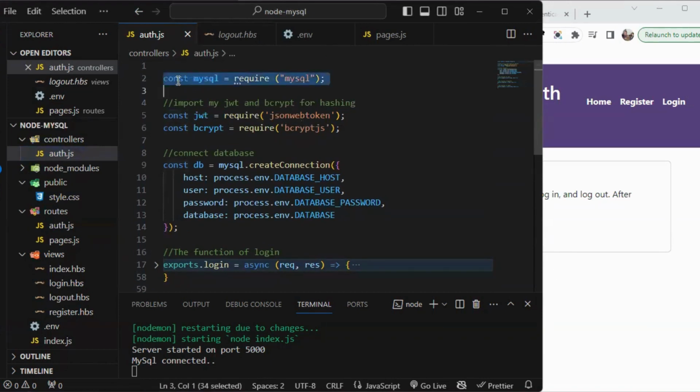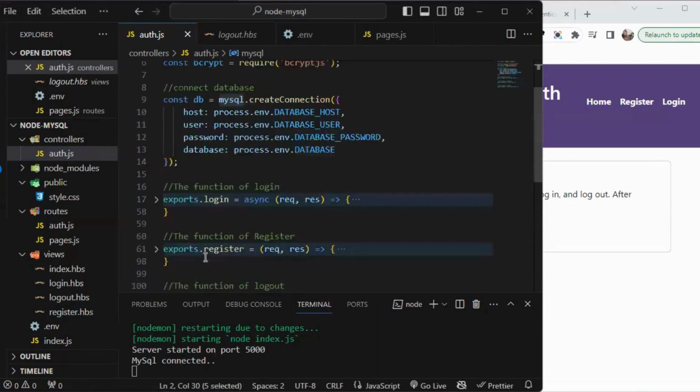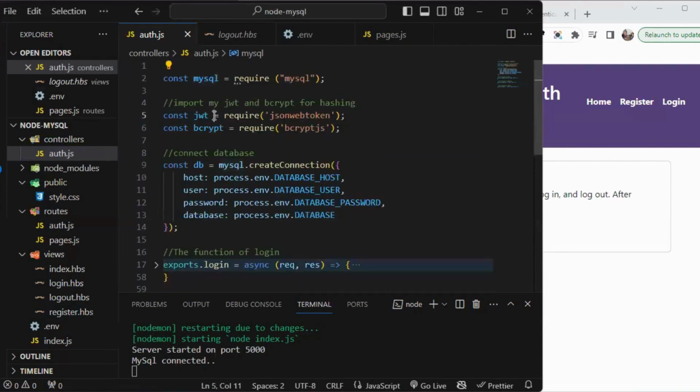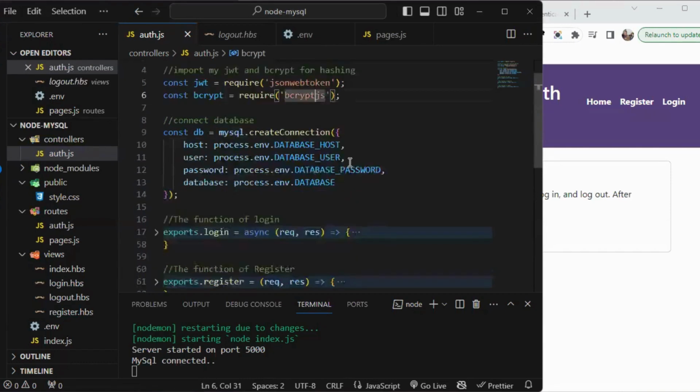Inside auth.js, we imported MySQL, because we are going to use queries inside the register and the login. We also imported JWT, the JSON Web Token, to be able to create tokens, and bcrypt to be able to create encryption or